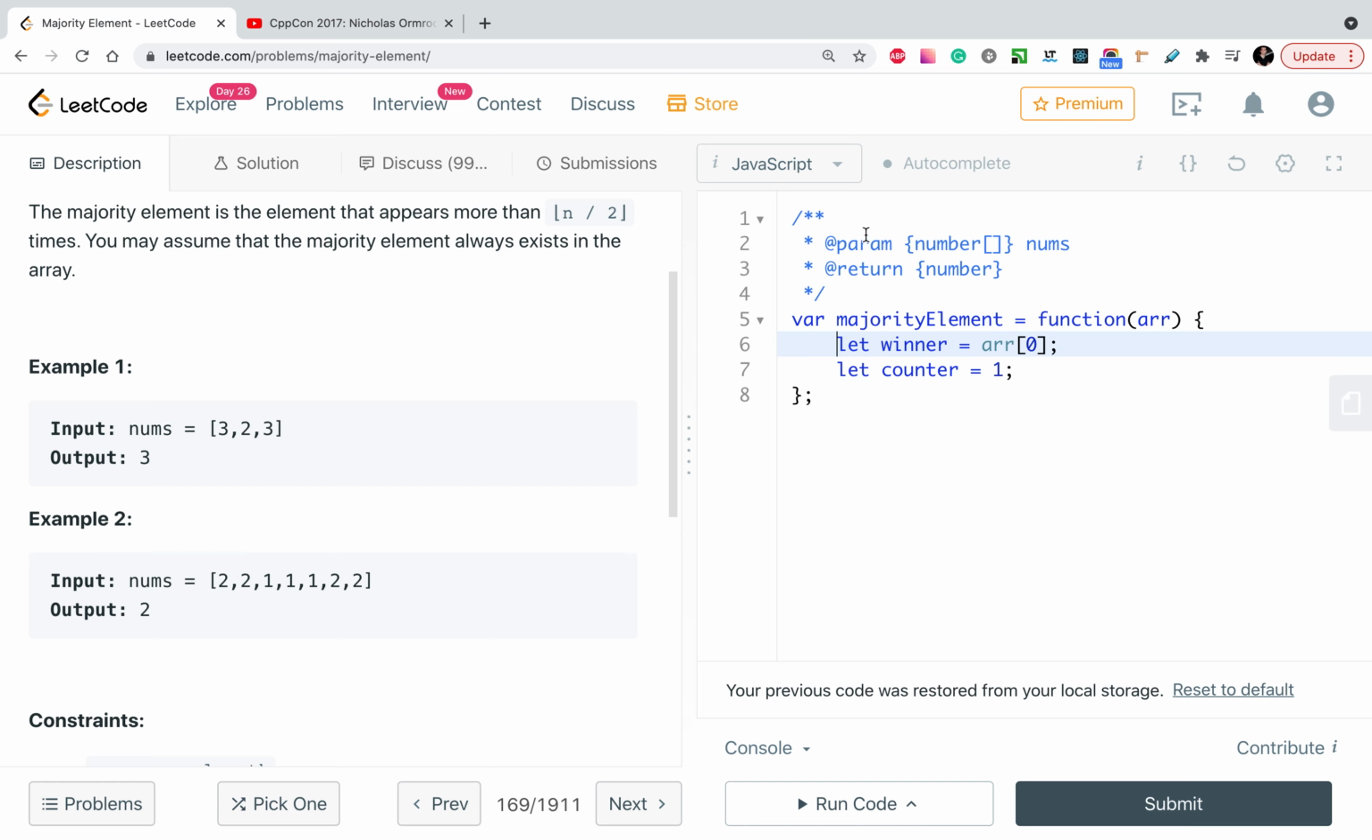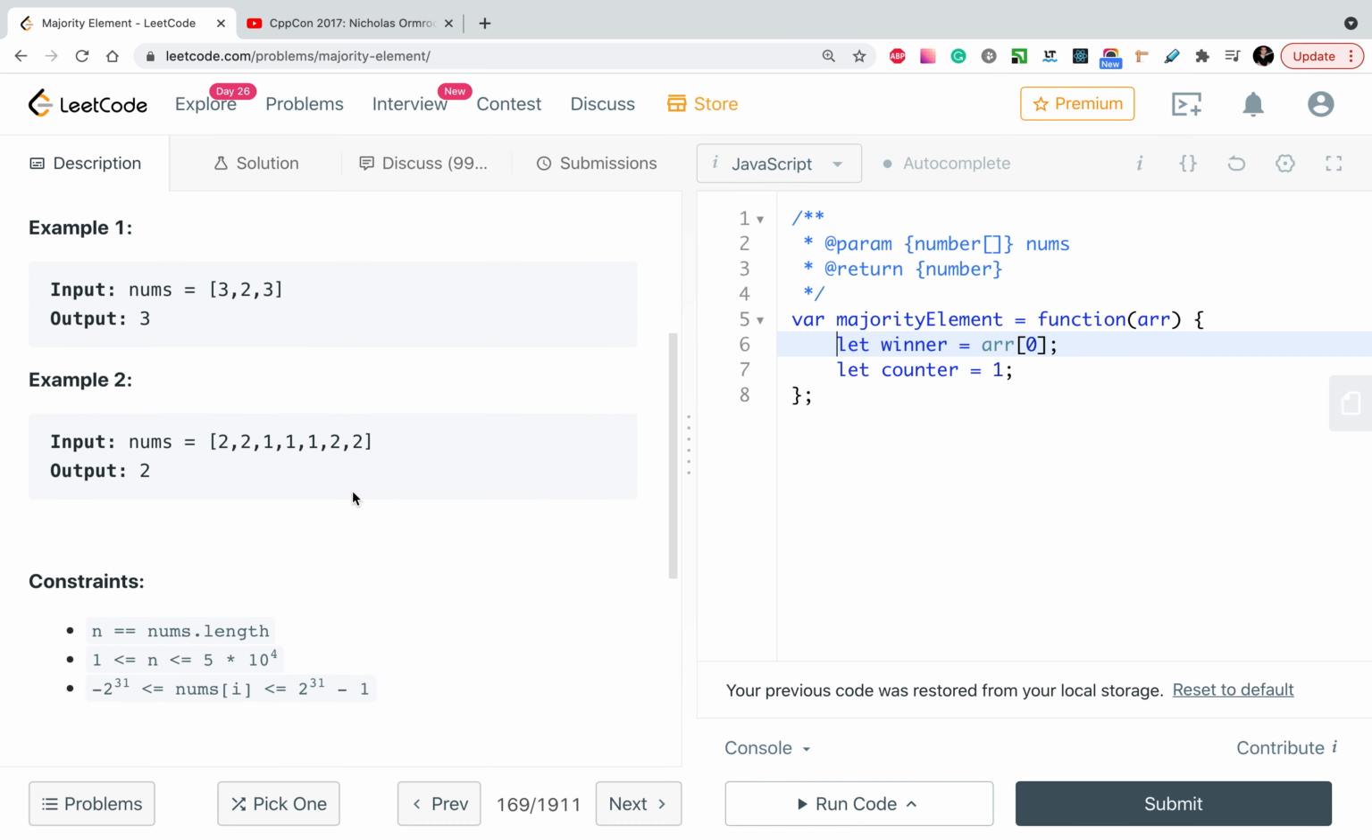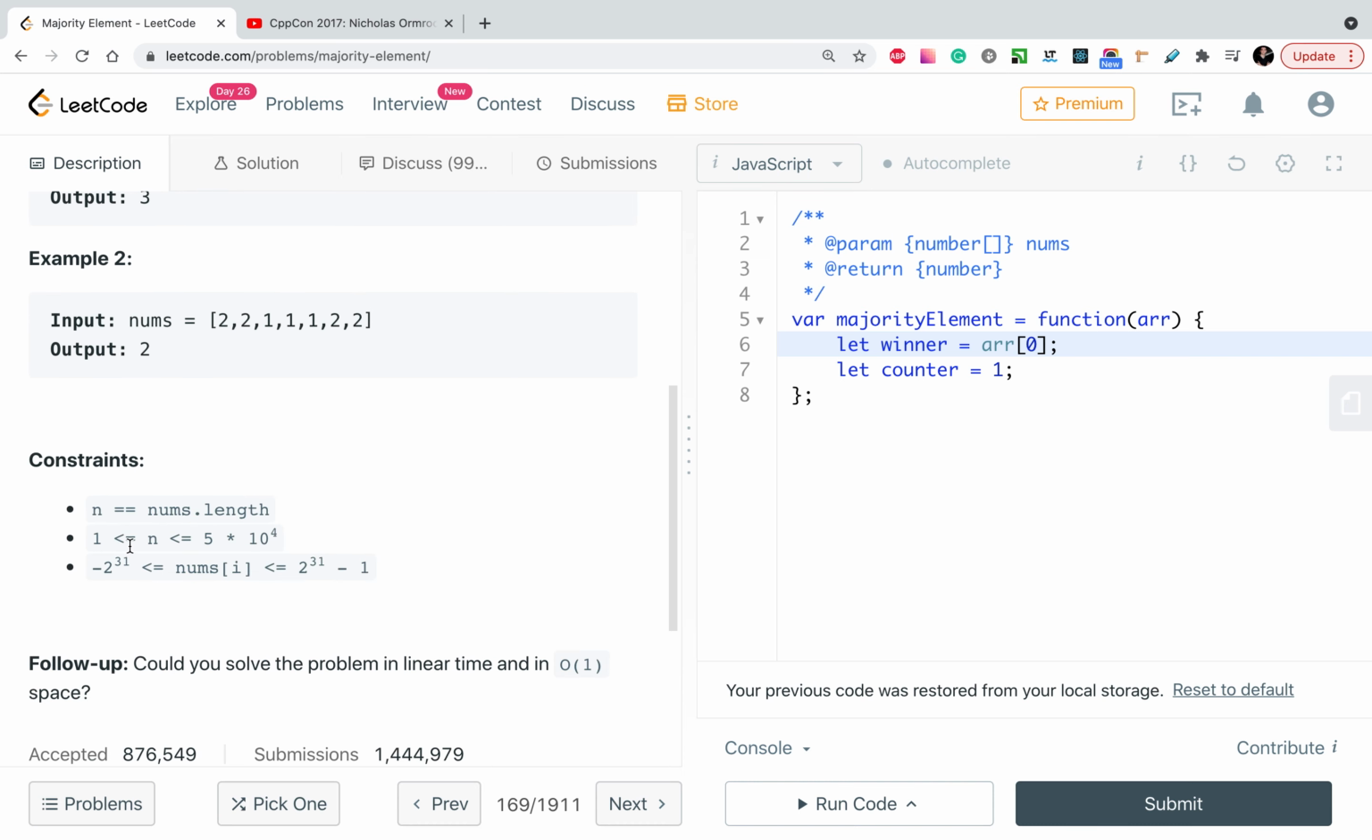So in my case I'm using JavaScript language as my favorite. Also from constraints we know that we have at least one element in the array. That's why I choose the winner to be the first one and increase the counter to 1. Then